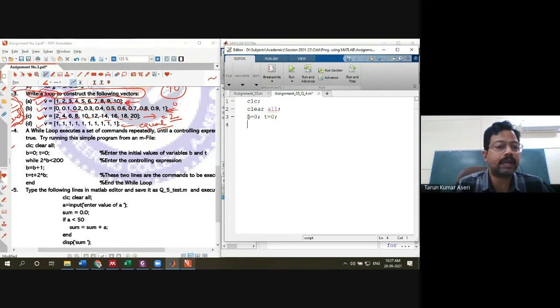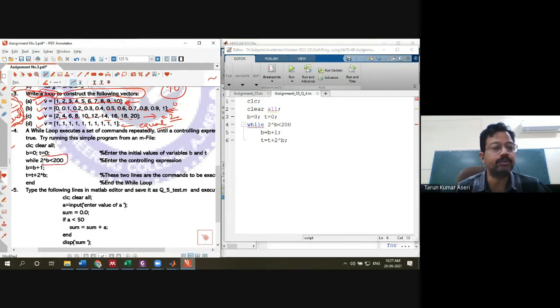Both variables are predefined now. Using the while loop, while 2 raised to the power b is less than 200, it will enter the loop and perform this operation: b will increase by 1 and t becomes t plus 2 raised to the power b. This is the operation performed while 2 raised to the power b is less than 200.